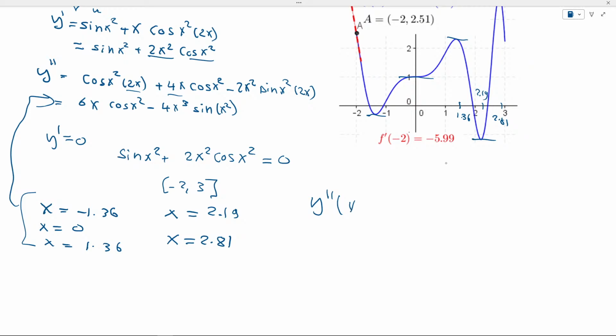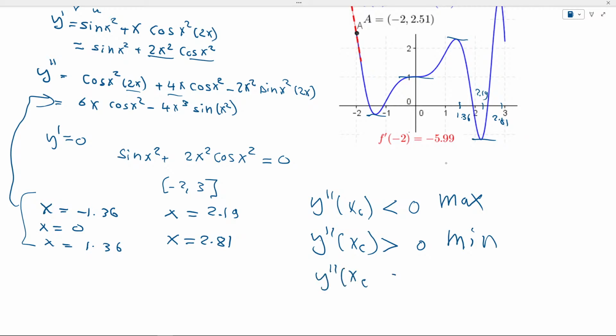If f of x at your critical x is less than 0, you have a maximum point. If it is larger than 0, you have a minimum point. And if f of x is equal to 0, you have